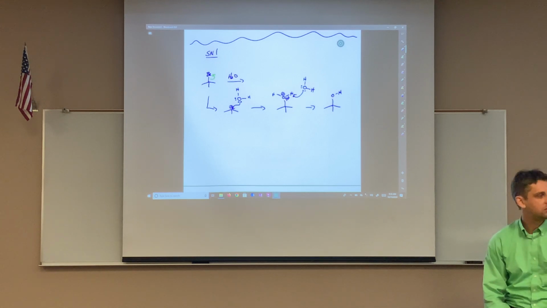Why? They're related to entropy, right? They tend to make more molecules than they start out with. And remember when we were looking at our Gibbs free energy, temperature and entropy are linked together, right? Delta G equals delta H minus T delta S. So as we increase temperature, we increase our entropic contribution. And if we get to a sufficiently high temperature, then we will probably favor our elimination. So if higher temperature favors elimination, then